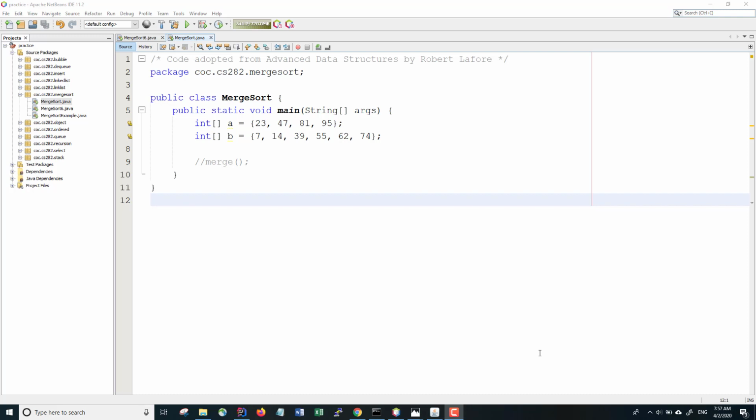An interesting application of recursion is sorting the data in a given array. This is known as MergeSort. MergeSort depends on merging two arrays that are already ordered, and the resulting array of that merge is also an ordered array. So before we take a look at the recursive implementation of MergeSort, let's take a look